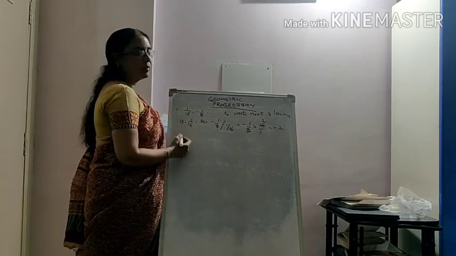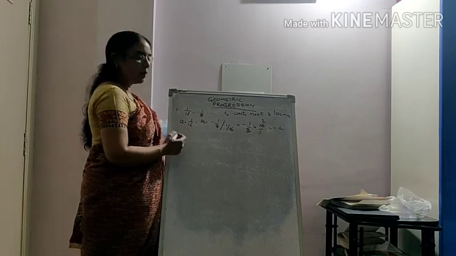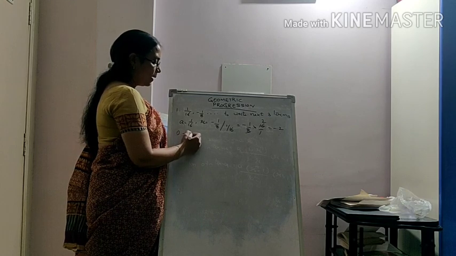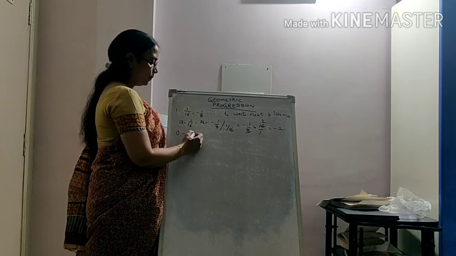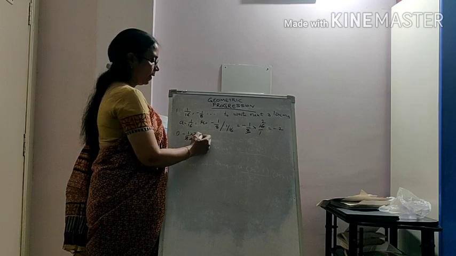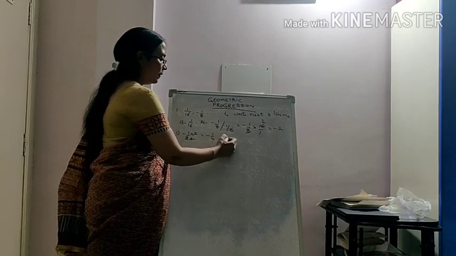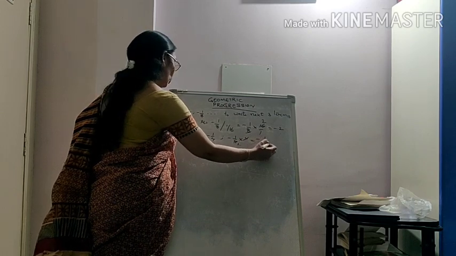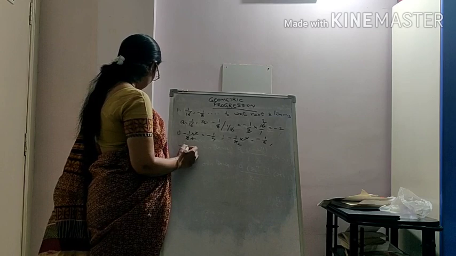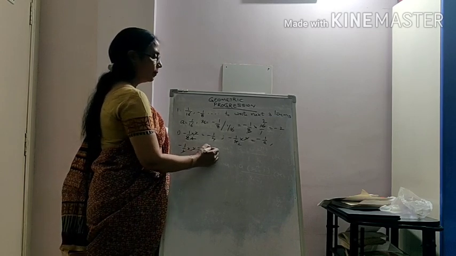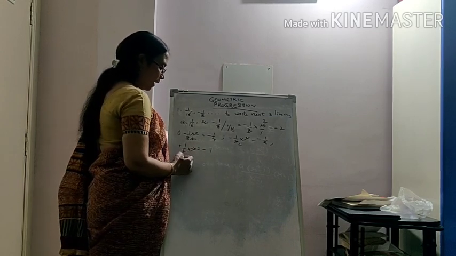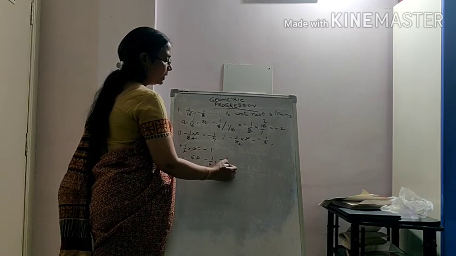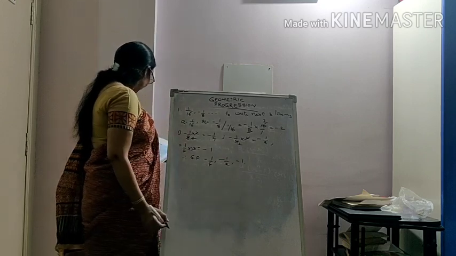So the next term onwards, after minus 1 by 8, we have to find out. The first term after minus 1 by 8 is minus 1 by 8 into 2, minus 1 by 4. Then the next term is minus 1 by 2, and the next term is minus 1. So therefore in GP the terms are minus 1 by 4, minus 1 by 2, minus 1, like this.